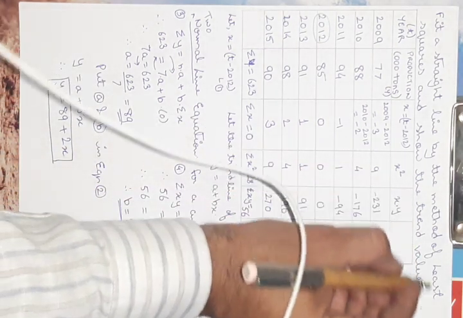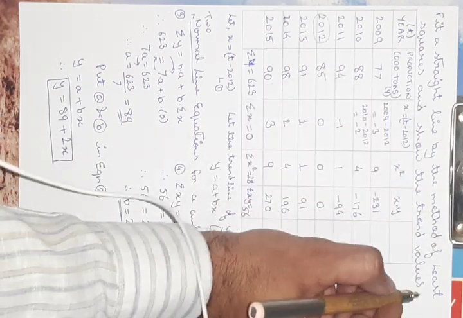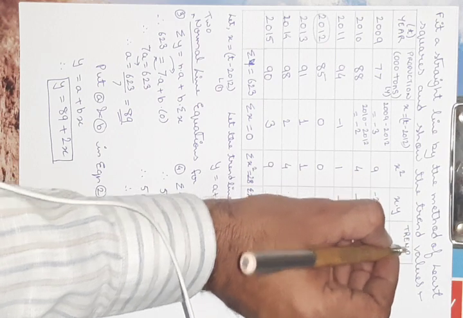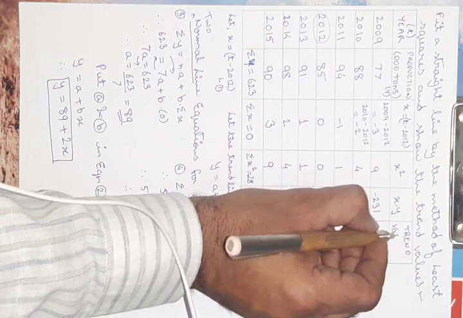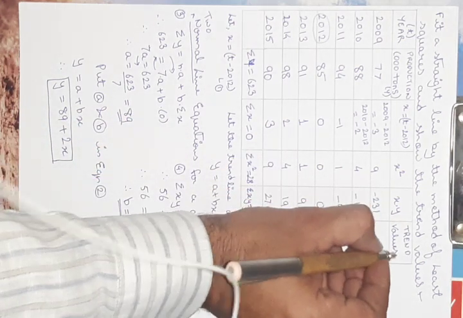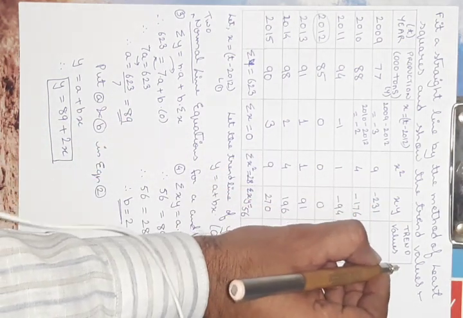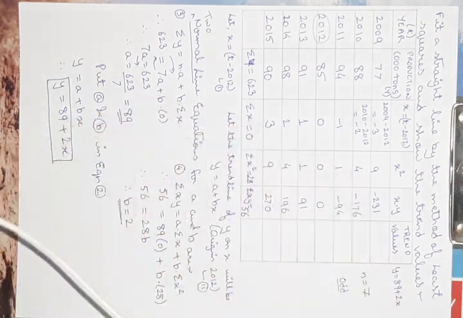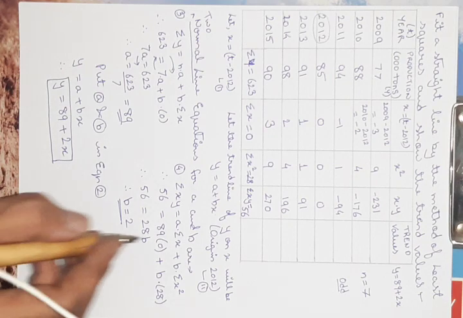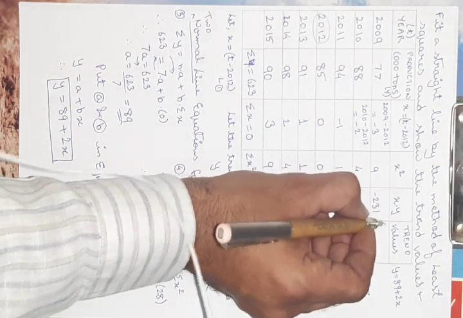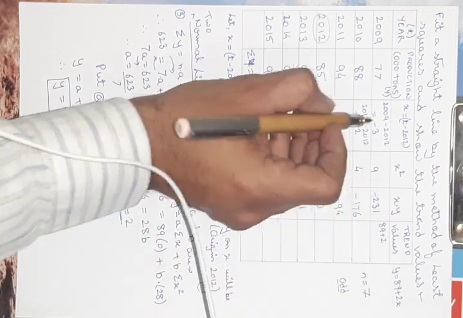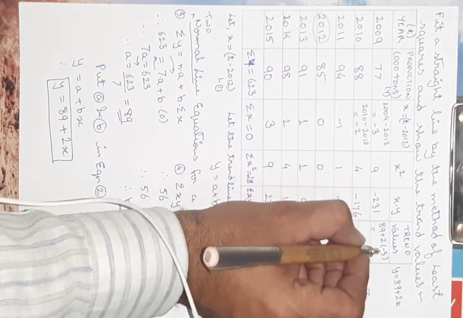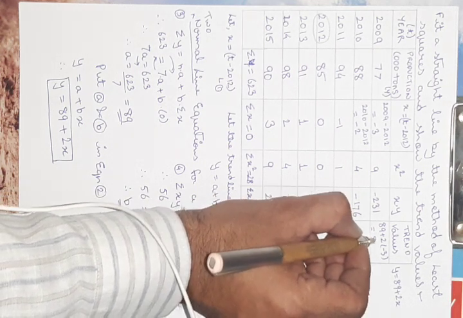Now we have to calculate. We got the straight line. Now we need to calculate the trend values. So here I'll write as trend values. How are these trend values given? These trend values are nothing but the equation which we have taken, that is y is equal to 89 plus 2x. So in the first year, y is equal to 89 plus 2 into x. What is the value of x? This is minus 3. So 89 minus 6, this comes out to be 83.